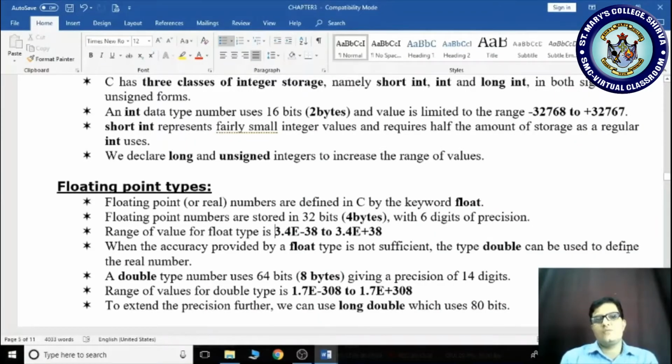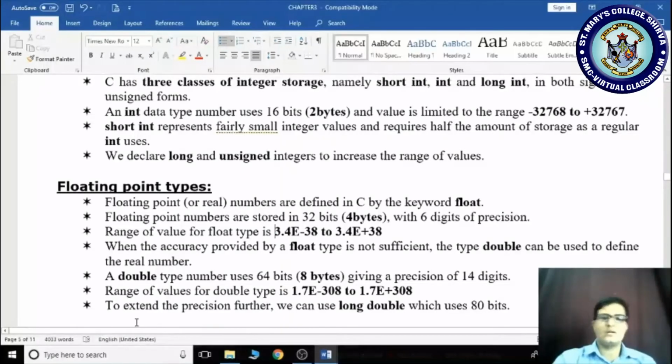If I make it as an int, it is not possible in an int. If I remove that point value, then what happens? I'm getting only 100 crores. I am losing 50 crores. Got it? So for the accuracy, to get that accuracy levels, then we have to use floating point types as well as double types.